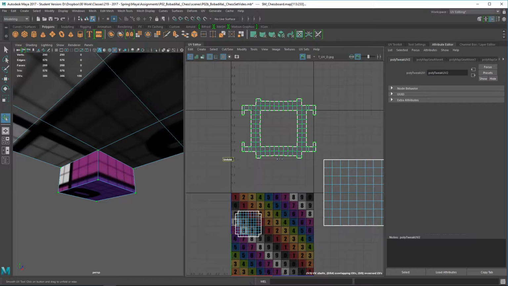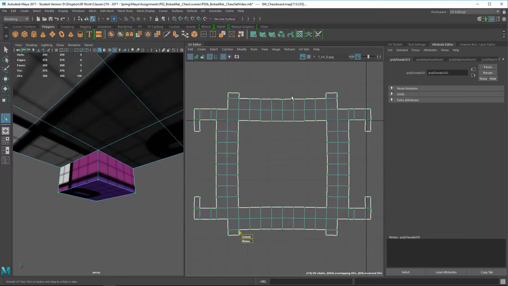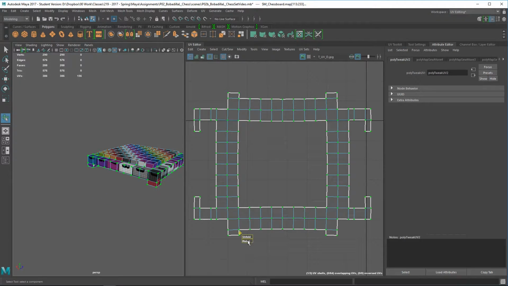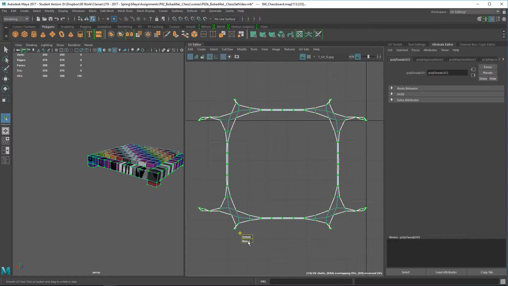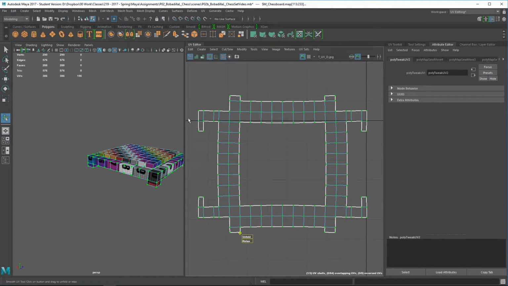And I'm gonna try to stretch it out as much as possible. In some cases, even though you don't see any possible ways of deforming, it's just doing this curvature. You can see it here, it's not completely aligned. I can try to relax a little bit and then unfold again, and sometimes that does the trick. If it doesn't, then the other thing that I can do is select the UVs and select these by hand and do a scale down. That is just going to stretch them the right way. But the issue with that one is that you will need to do it for every single row and every single column. You see that it is getting less stretched,